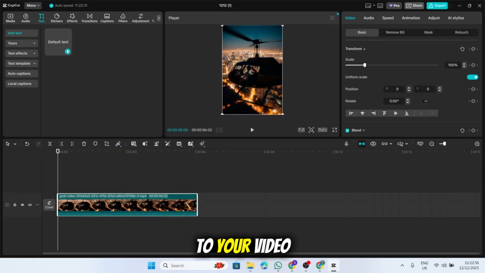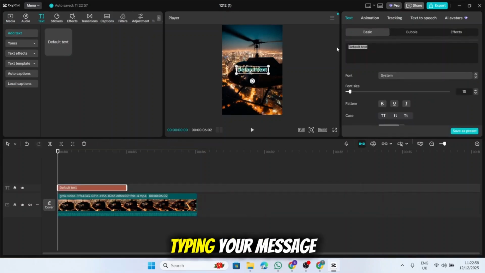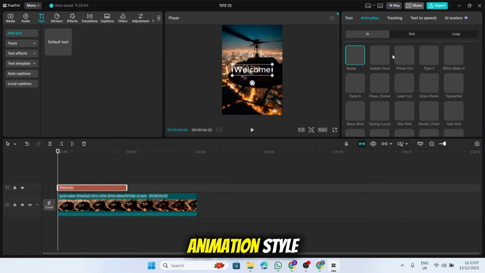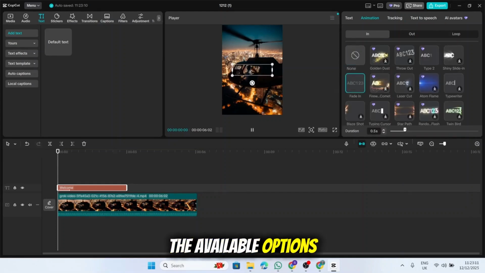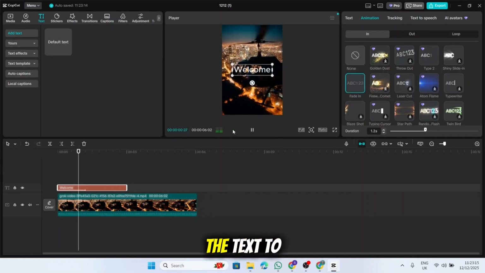Now, add text to your video by selecting the text tool, typing your message, and positioning it on the screen. Animate the text by selecting the text layer and choosing an animation style like fade, bounce, or slide from the available options. Now, customize the animation by adjusting the timing, speed, and direction of the text to fit the flow